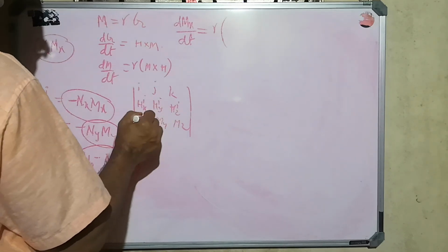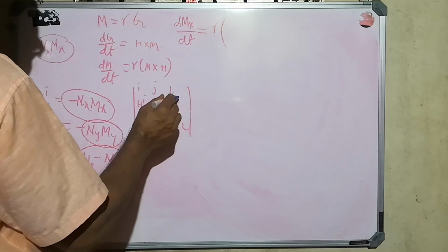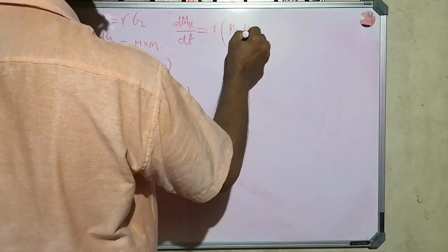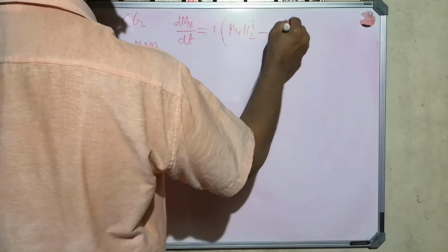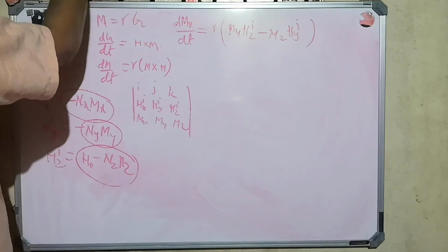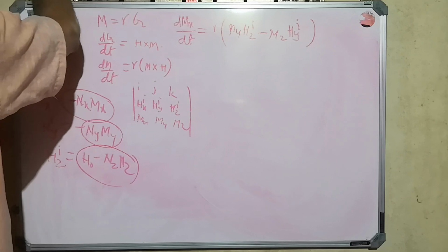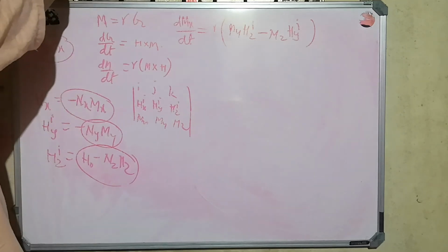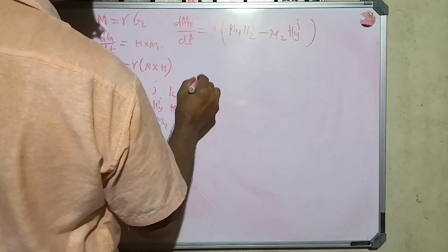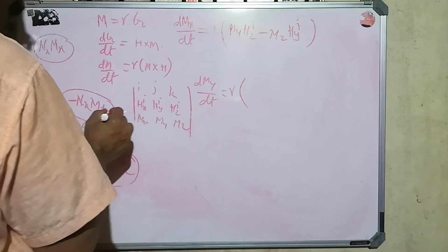So when you are considering this, what happens? It becomes my into hzi minus mz into hyi. Similarly, we are getting the expression for dmy by dt. In a similar way you have to find this. That is dmy by dt, which is equal to gamma into,